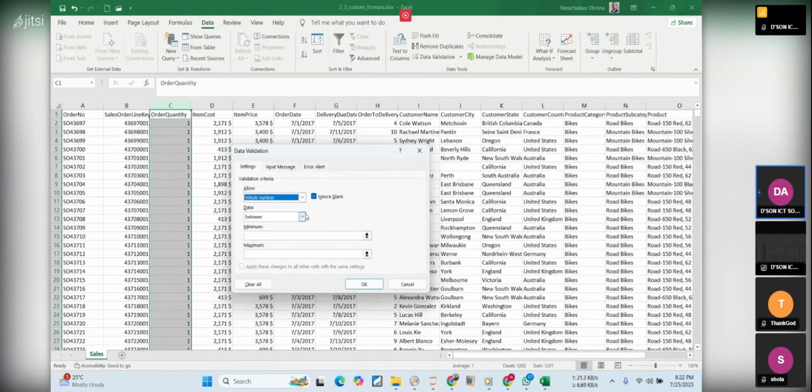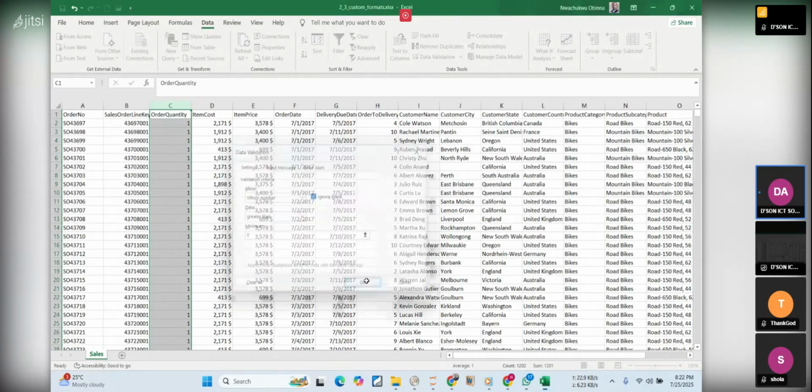And then between what, we want it to allow only what is greater than minimum 0. So what is greater than 0? You can explore other options on your own. Just try not between, equal to, less than, greater than, and so on and so forth. But for the purpose of this exercise, we are looking at whole numbers greater than 0. So by the time you click OK,